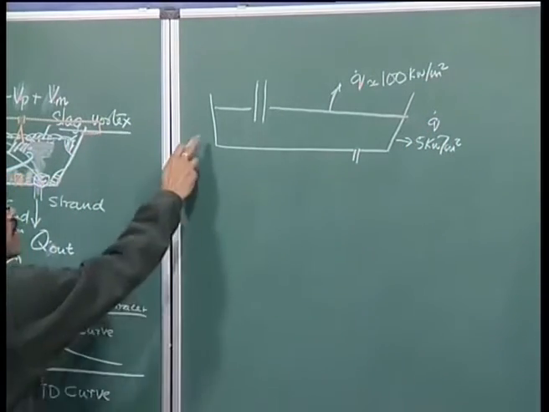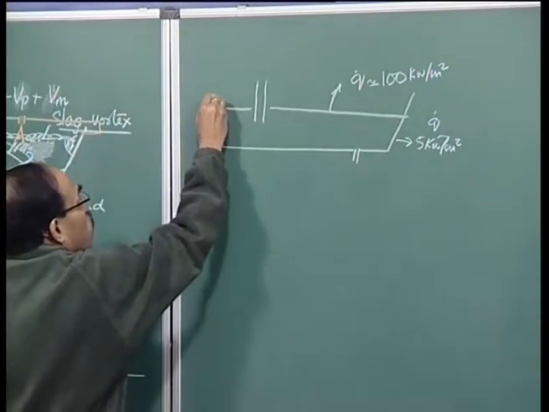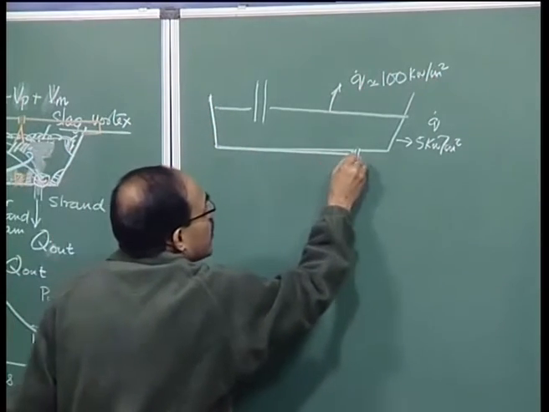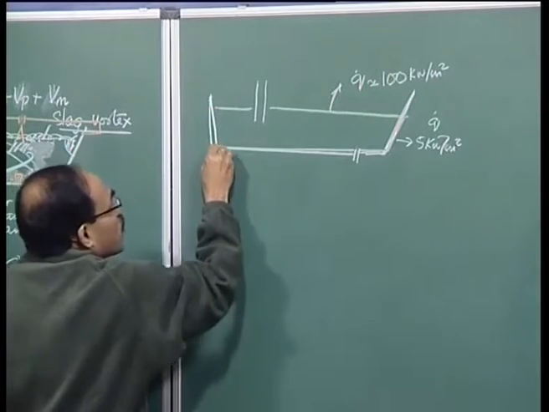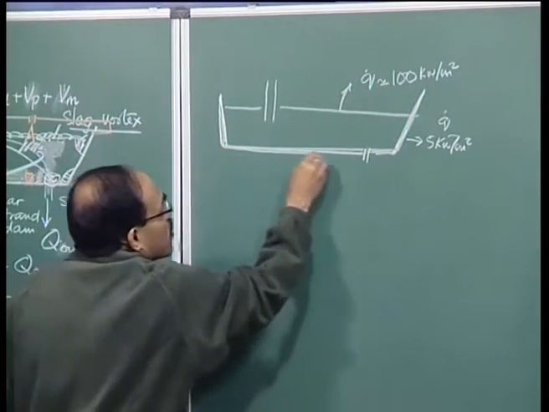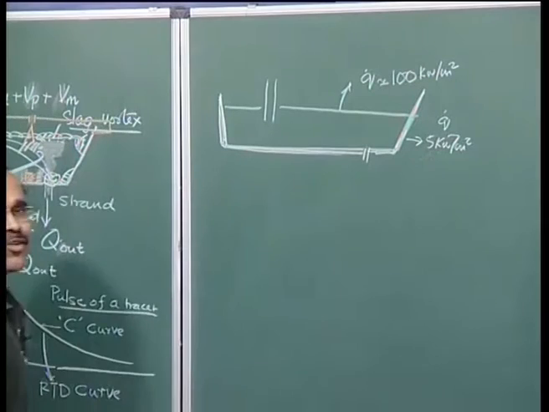So, through the walls of the tundish, smaller heat fluxes are operating, and because these are refractory lined walls, the extent of heat loss is not really appreciable. Per meter square only 5 kilowatt is lost. On the other hand,